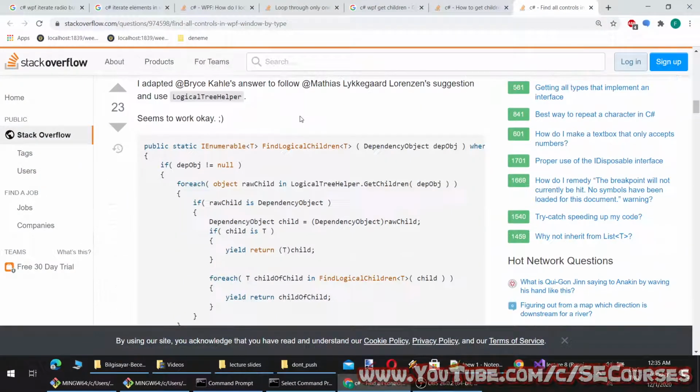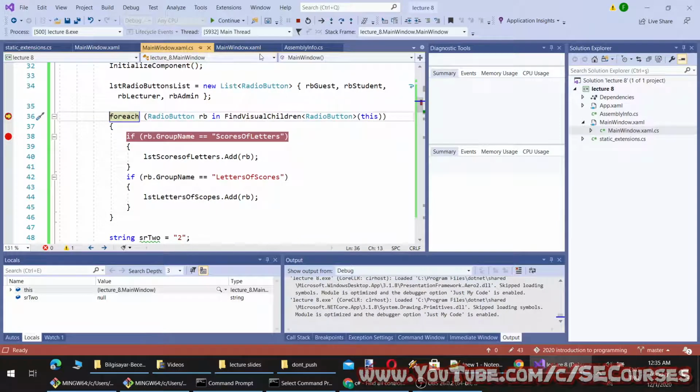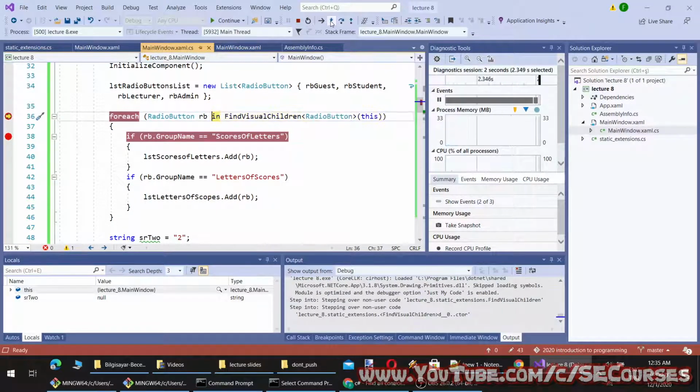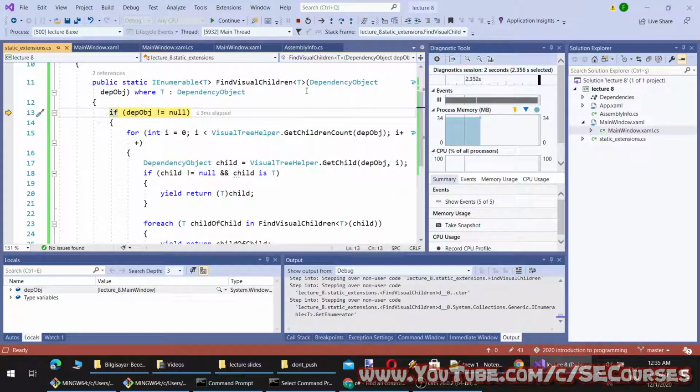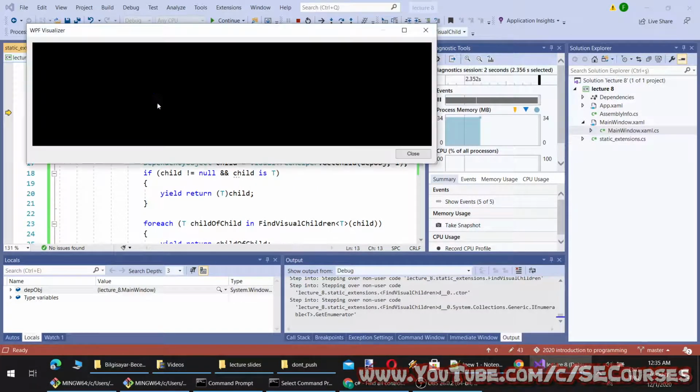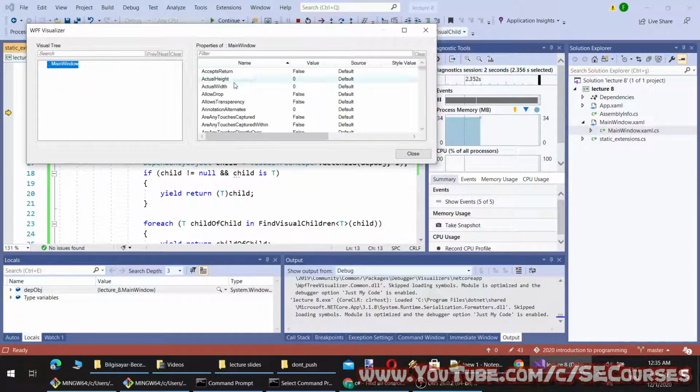So our iteration method didn't work. Okay, this object is our main window. I can visualize it, and let's see if we can find the children here.